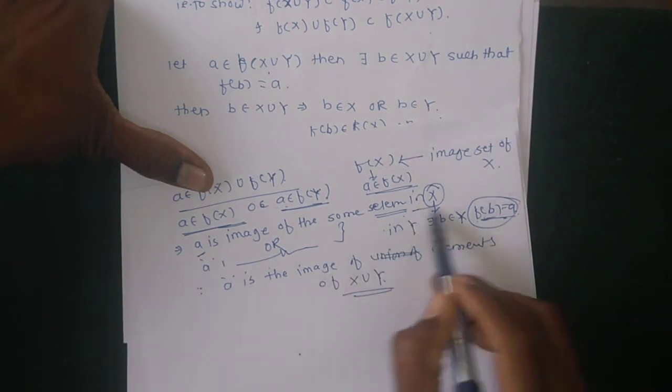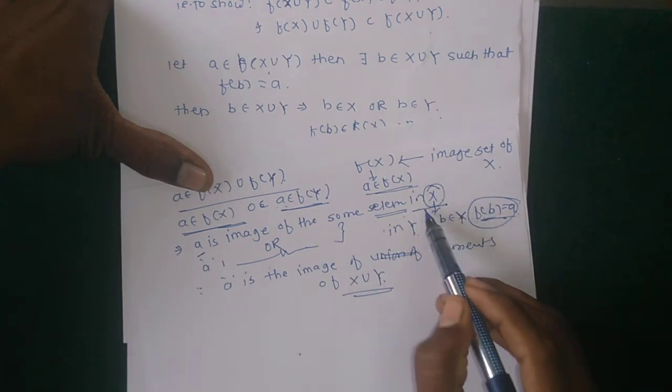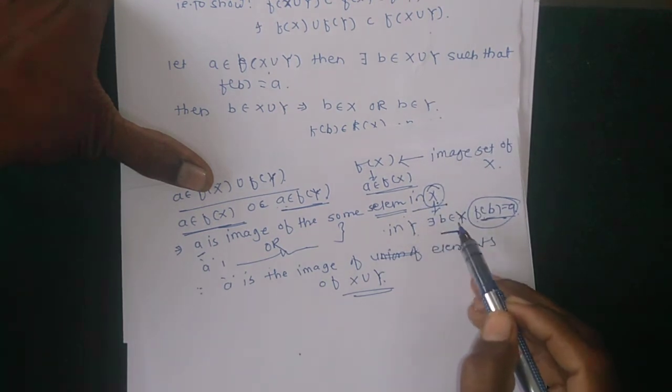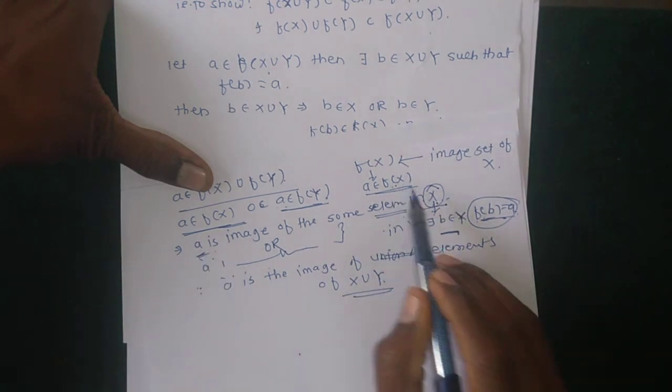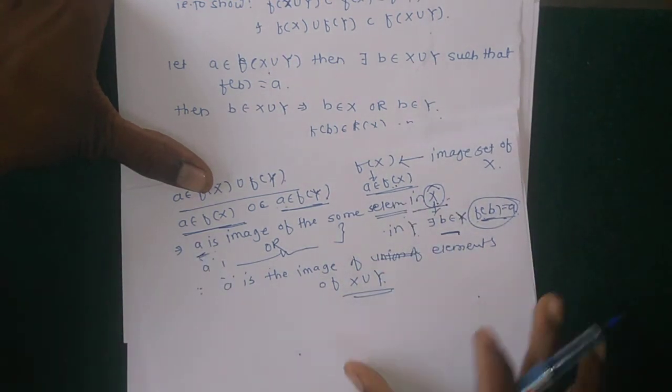It means at least one element exists in x or an element exists in y, so their union image exists in f of x union f of y. Okay, so